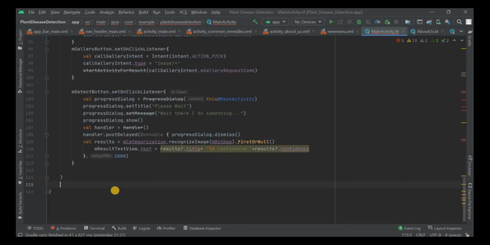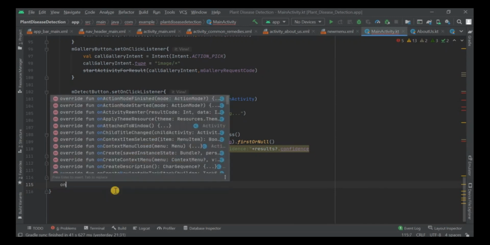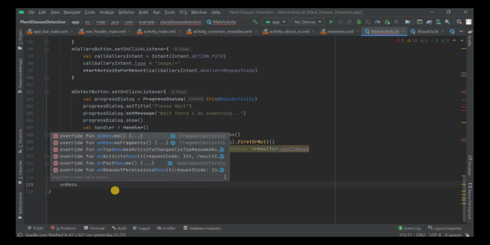Okay, so after 2 seconds, that's why we have added the 2000, because it considers the time in milliseconds. Okay, now all the buttons' on click actions have been completed,